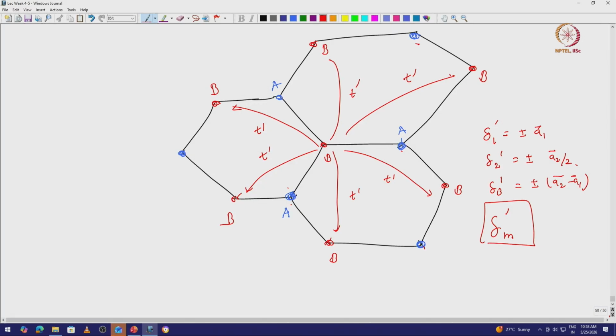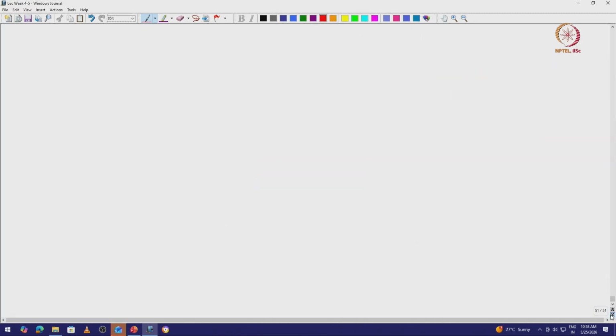So if I do that, I will get a term like minus T prime M e to the power i k dot delta prime M, and a BB also, same term. And if I have a Hamiltonian,